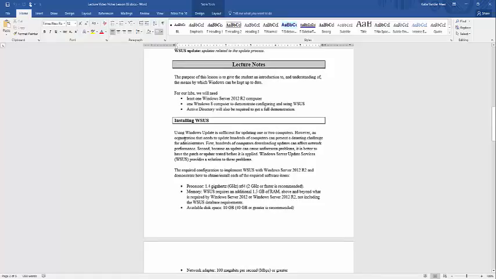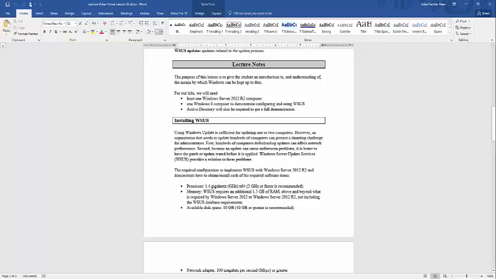So to start off, in order to do all of the tasks in Lesson 2, we need a server, which we have already. And then we need a Windows 8 system to demonstrate configuring WSUS. We're going to do that later. We're not going to do all of the hands-on tasks in this chapter or in this lesson quite yet, because all we have right now is a server. But we'll get to it and add a Windows 8 system later. And then we also need Active Directory set up in order to do a full demonstration of all the tasks.